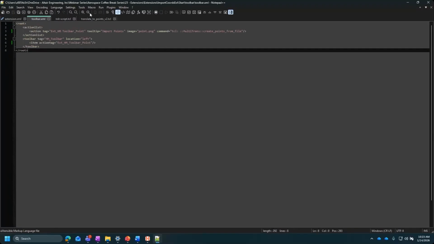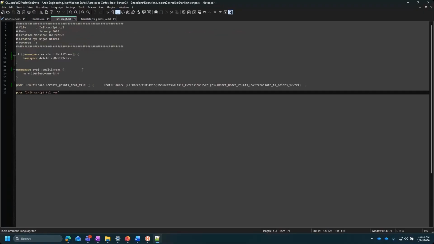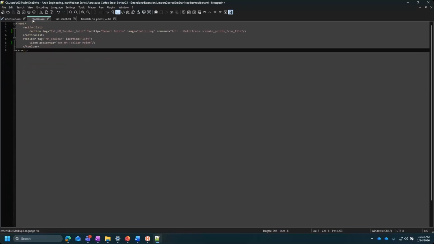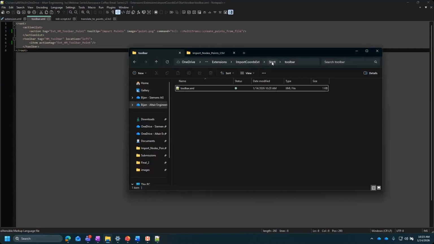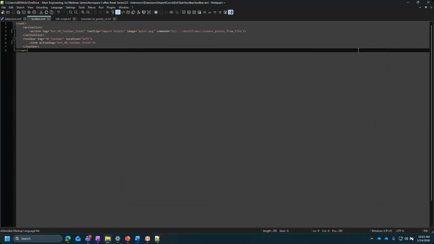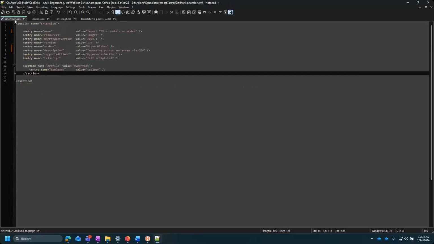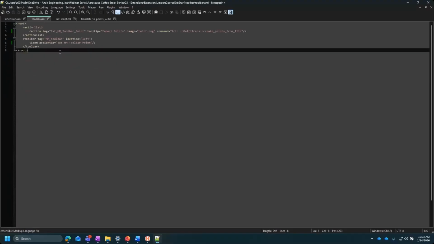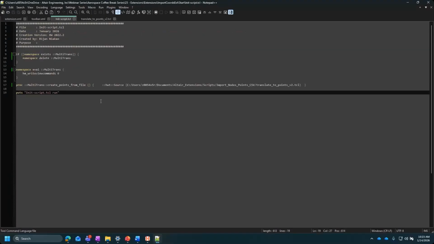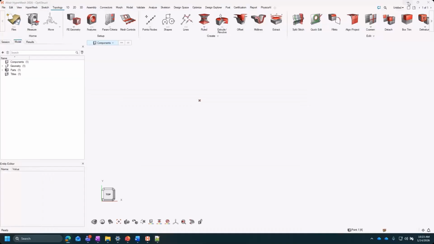Got invoking in my toolbar. Points, make sure all my file paths are correct. Make sure that point is actually saved there. Yeah. So we should be all set to go. Worst case scenario, if anything doesn't go smooth, I do have a working version I can just load up. Because sometimes I've gotten stuck on some of these extensions where I just misplace a single letter and it causes me like 30 minutes of anguish to find it and figure it out. But let's see if we can get that to work okay.